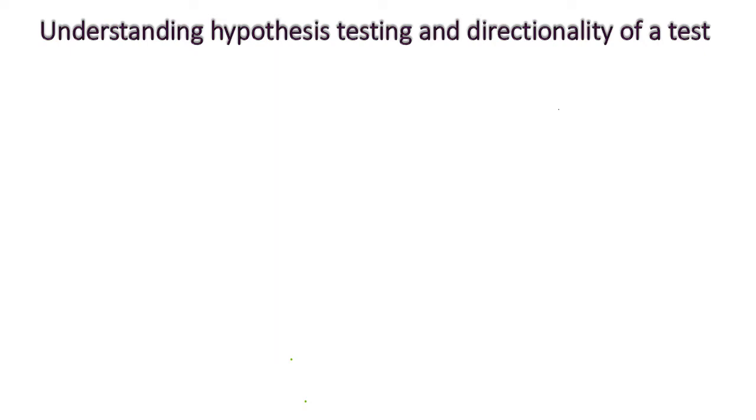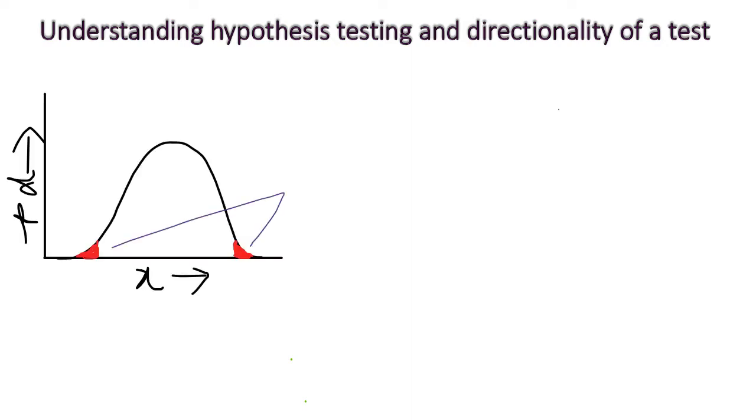So moving further, let's understand hypothesis testing and directionality of a test. Every time we run a test, it could either be one-tailed or two-tailed. Suppose you're running a two-tailed t-test. For a two-tailed t-test, the software will assign critical regions at both the tails of our distribution